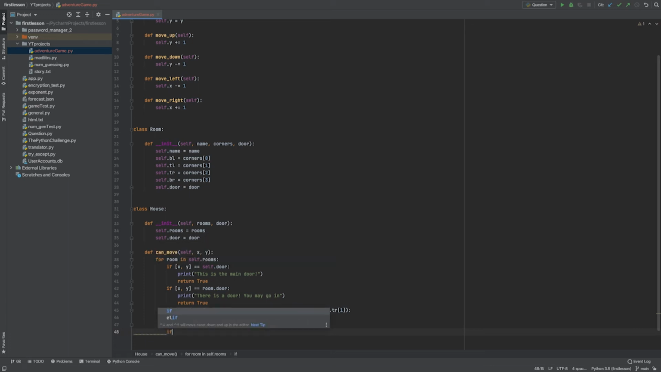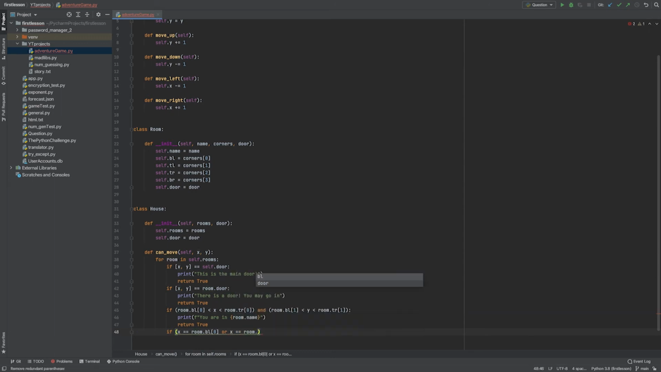One last case that I can consider is if I'm walking on a wall. And how can I know if I'm walking on a wall? Well, basically, if my x is equal to the smallest x or the biggest x, and the y is equal to the smallest y, I know that I'm walking on a wall, and I shouldn't be able to. So if x is equal to room.bottom_left, but I want to look at the x coordinate, or x is equal to the max x, which is the top right corner,